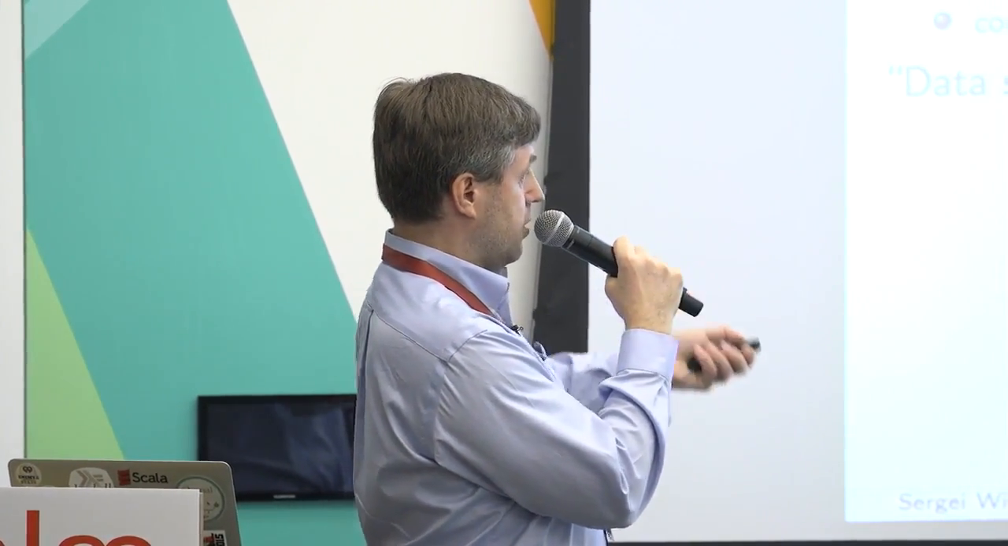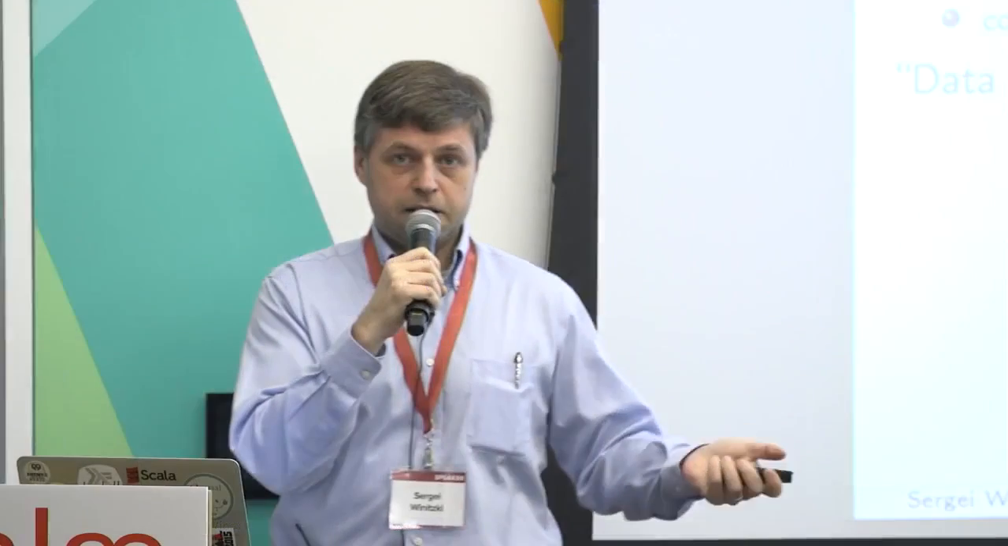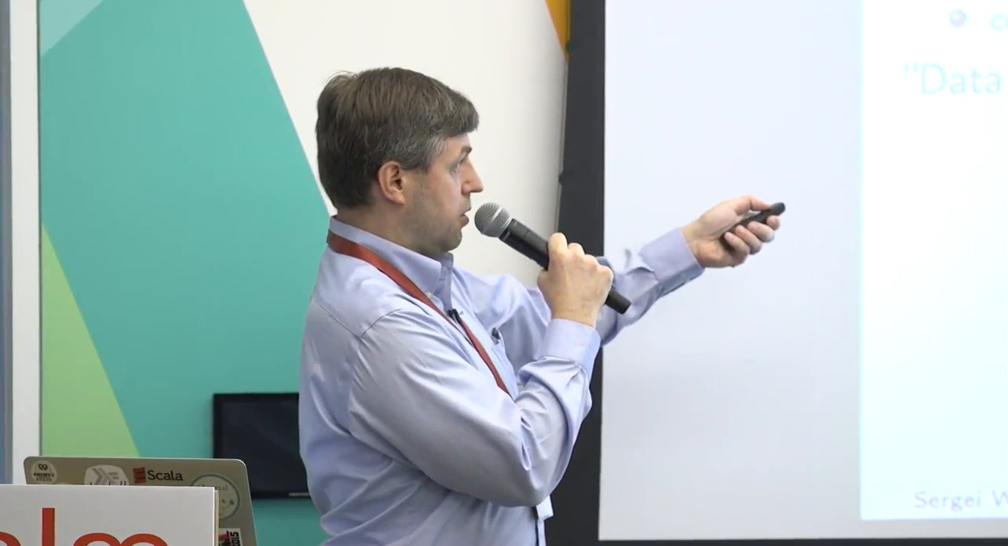So now you see that data stays on the molecules. We don't have any state in the language. So in the reactions, there is no state, and it's a pure function. We just compute some pure function with some values, and that's it. So the data stays on the molecules. So it's kind of a data-driven parallelism. Now, if you imagine that we have a counter molecule, and we have 10,000 increment molecules and 20,000 decrement molecules,